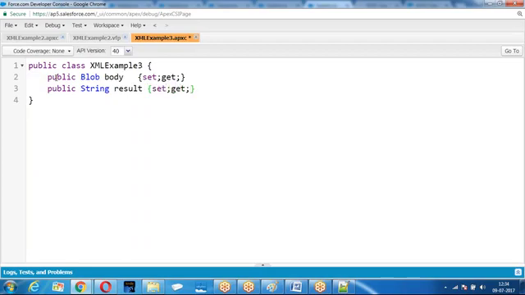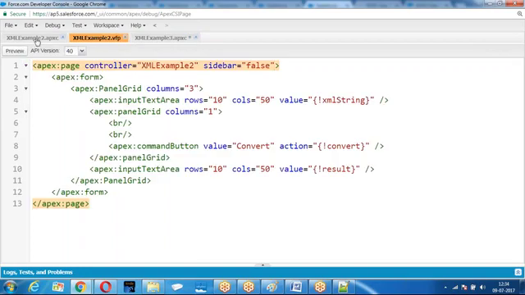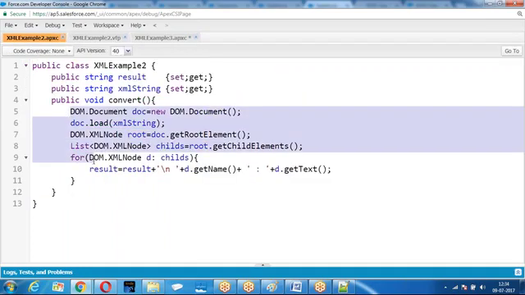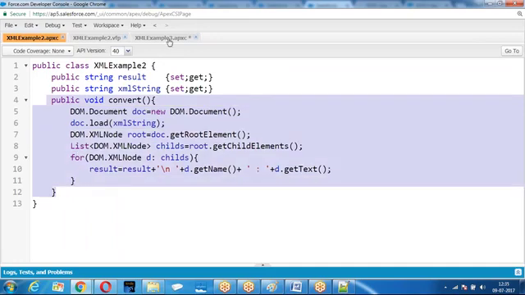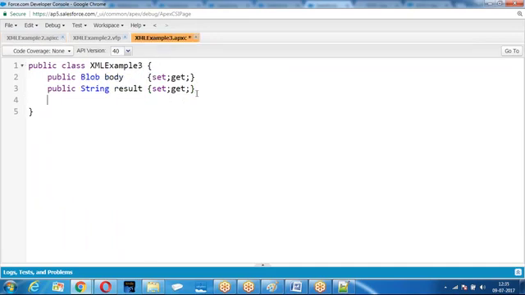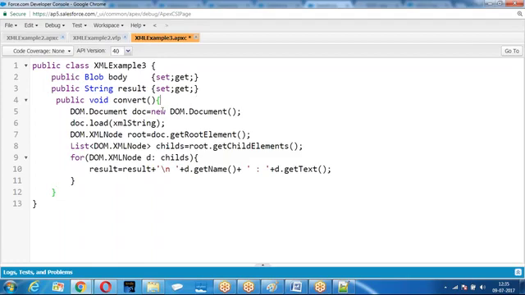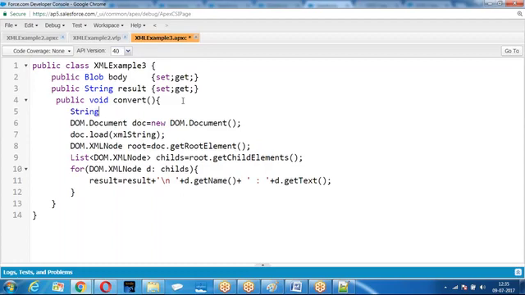The point is, there is no change in the program. Whatever program you have done, everything is the same except one line. I copy pasted the same program, but only one line is changing. What is the line? The line is string XML